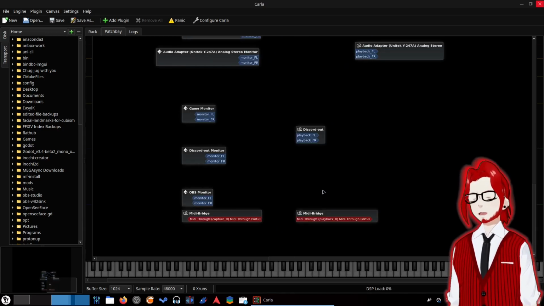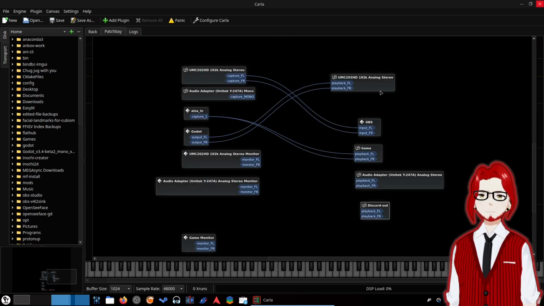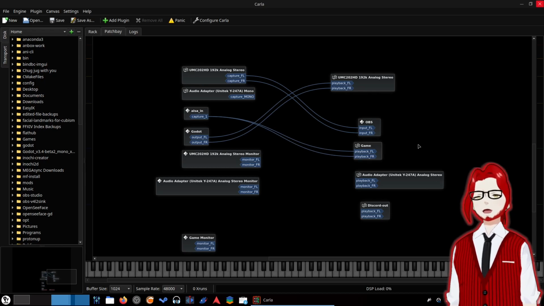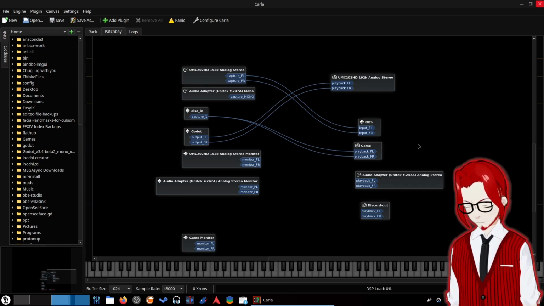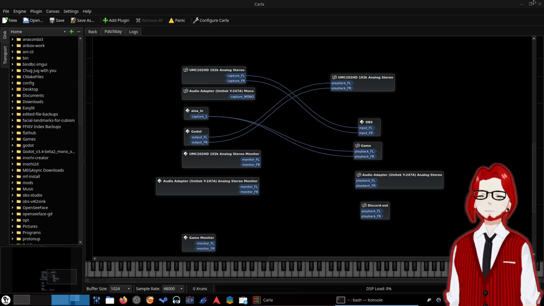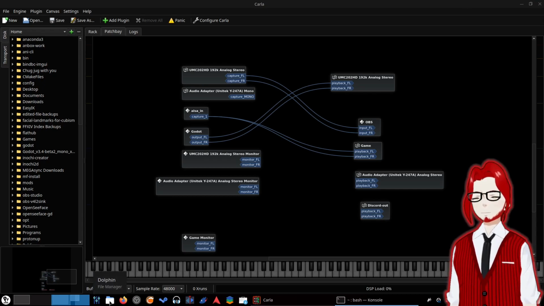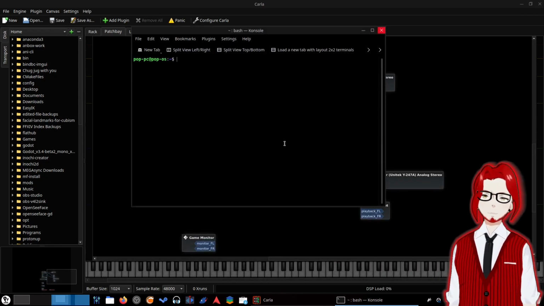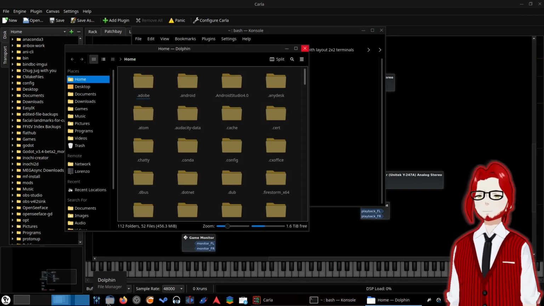Now, the reason why I say it's not for beginners: in order to get things like my Discord output and this game output right here, you had to either A, run a really long command, which was very confusing, or B, directly edit the configuration file. To do that, if you're on KDE, you can't use your file browser, Dolphin, because it doesn't allow super user. If you were on something like Mint, typically you can open your file browser and go to wherever you need to go.